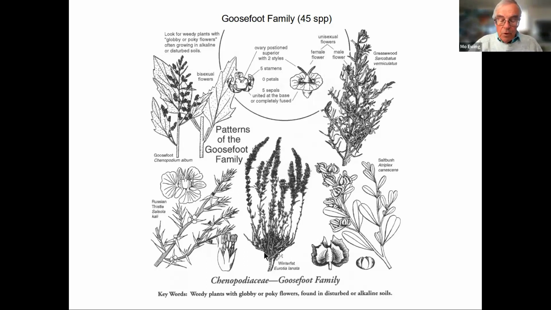If you look at them really closely using a lens, the flowers have 2 to 5, usually 5 sepals, often united, no petals, an equal number of stamens as sepals, and a superior ovary with 2 or rarely 3 to 5 united carpels forming a single chamber. You don't generally look at these plants that closely, and you'll see, if you look here, 5